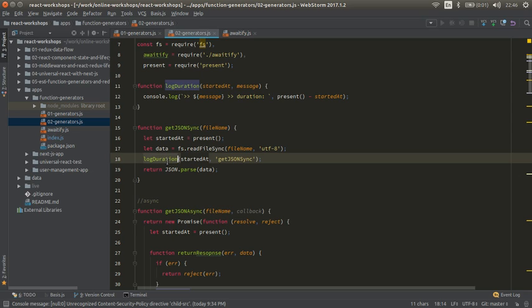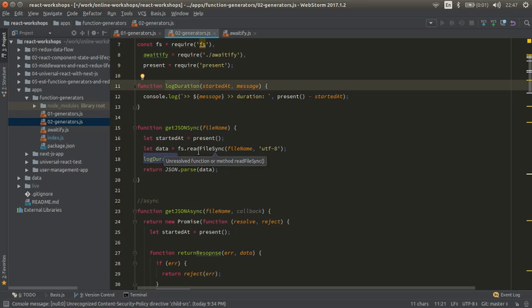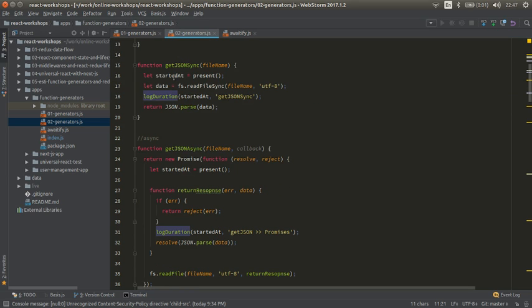I have used this small function to get the duration, so that I could know for how long this thread has been paused. So this is the synchronous implementation,